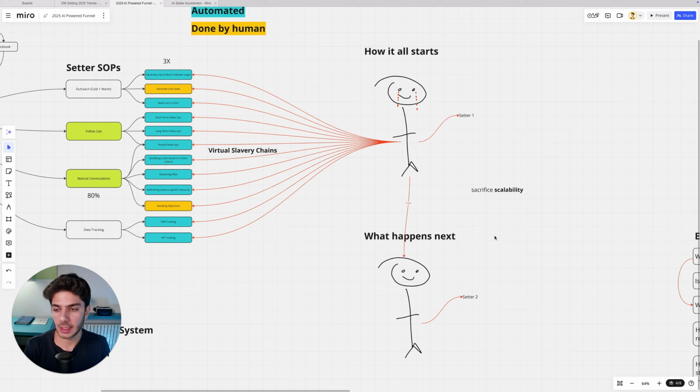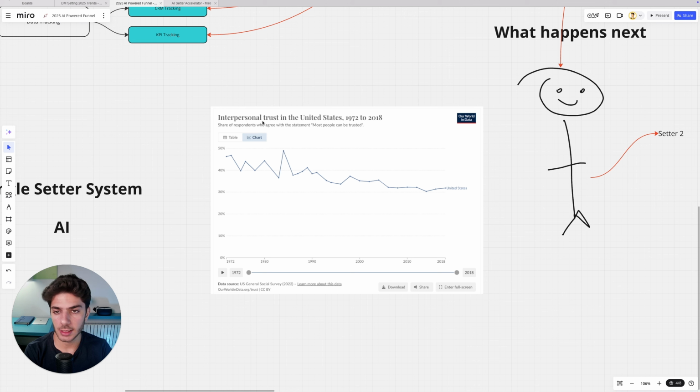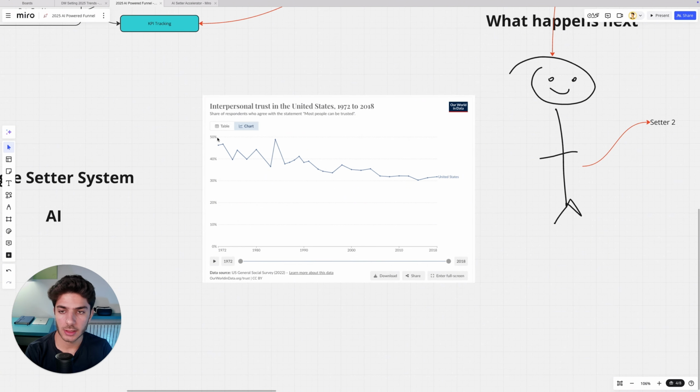But now with AI, we can very easily do that by replicating ourselves in the DMs. And as you know, these days, there's a statistic. I will put it up on the screen. So this is the statistic here. It's the interpersonal trust in the United States from 1972 to 2018. And it shows that there's been a drop from around 45%, 48%, all the way to around 30% in interpersonal trust. And this shows that people these days find it harder to trust anyone, whether it's in the real world